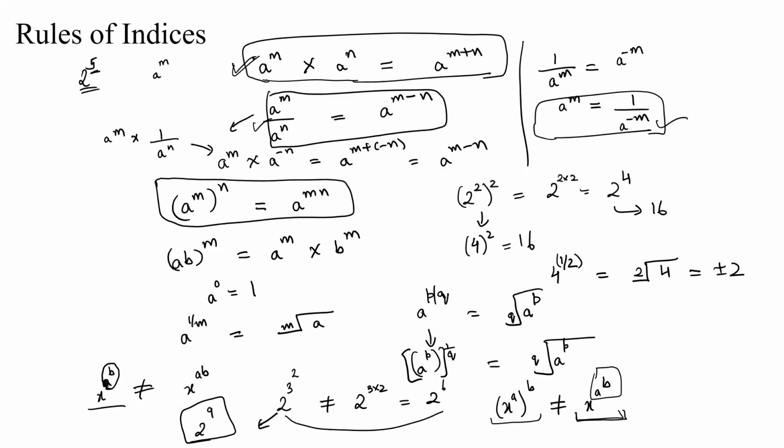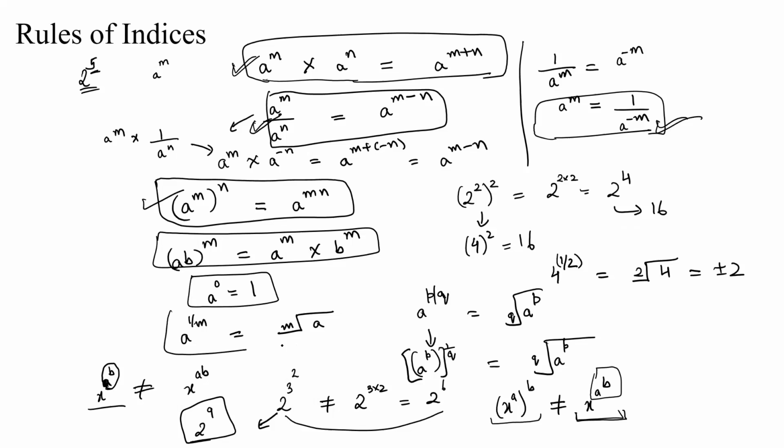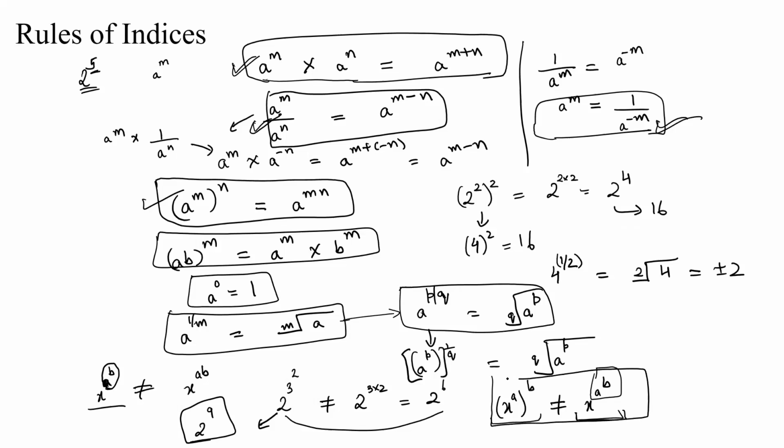So in short, this is what you have to remember, and then this, you have to remember this. We have this, and we have this. Any number raised to power 0 is 1. We have this. We have this. This is nothing but an extension of this formula. And we have this. This is very important to remember. In a lot of cases, a lot of people get confused between this and this. They think that both of these are same, but they're not.